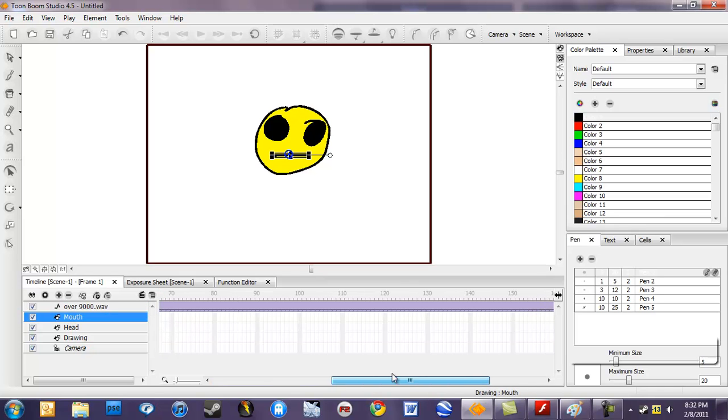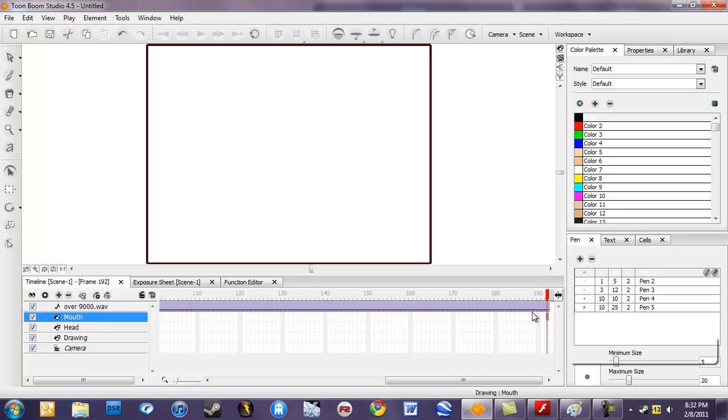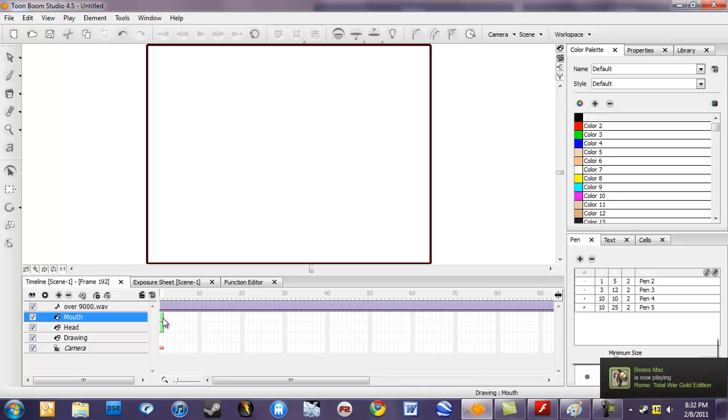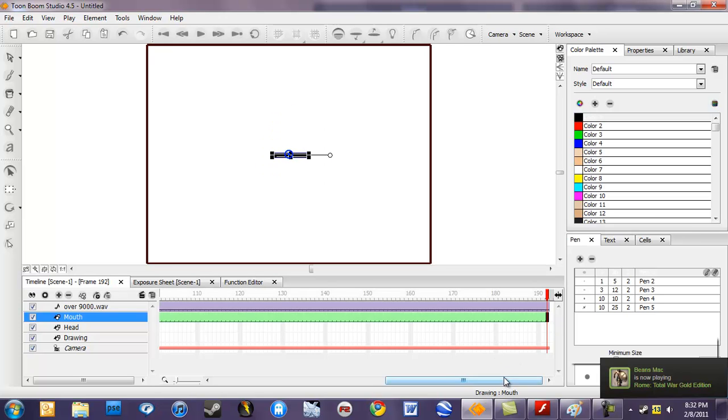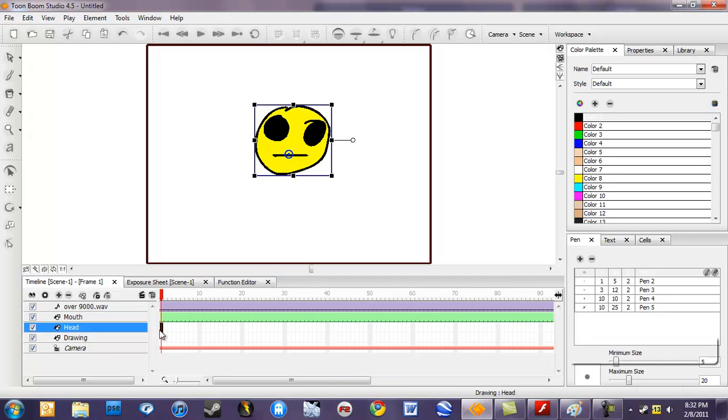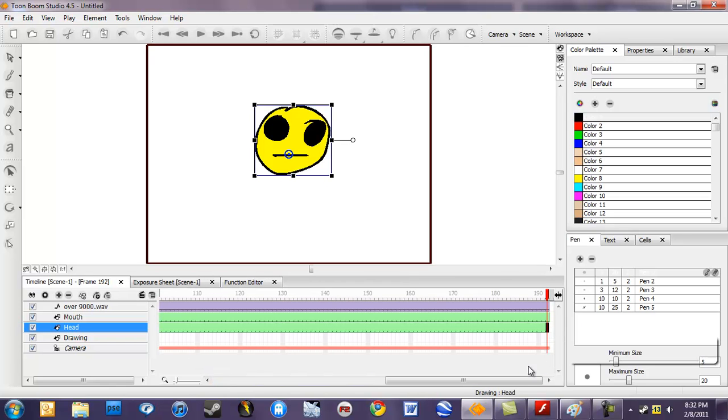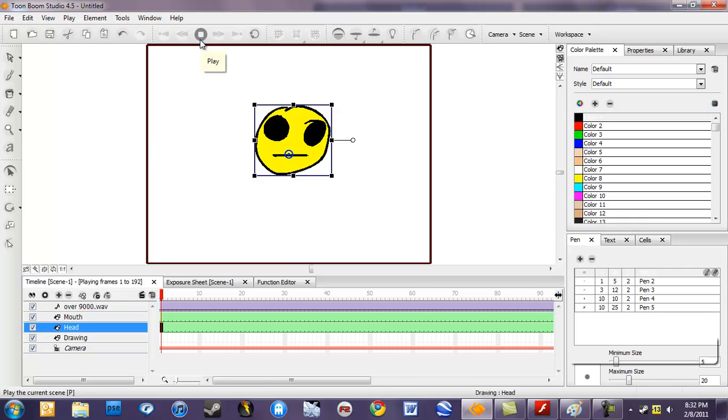I will go ahead and make my pictures the same number of frames as the audio file, with Control-C at start and Control-V at the end. And now when you play through, you can see that I have the audio, but as you can see,